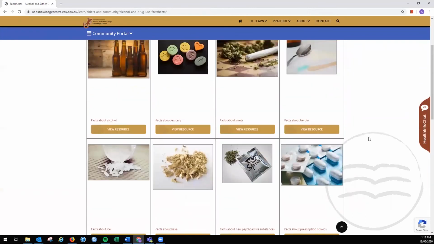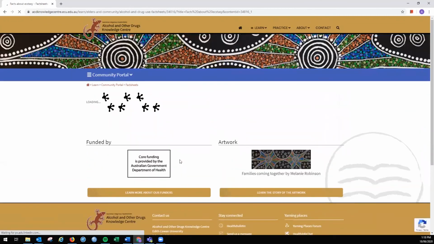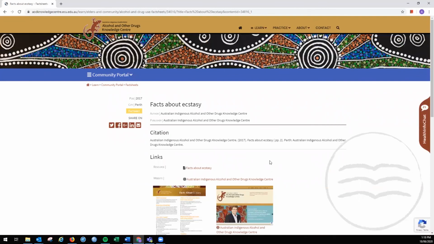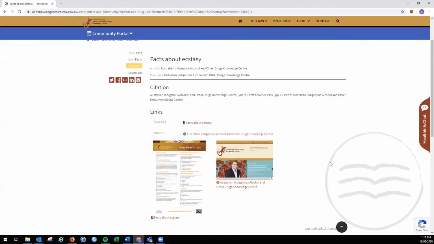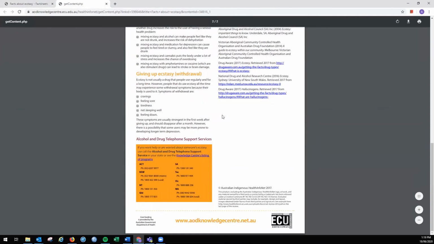To look at the fact sheet that you're interested in, simply click the image or click View Resource. This will take you to the resource page that has information about the fact sheet and the link to open the fact sheet. When you click on the link to the resource, it will open in a new tab. Once you have finished looking at the fact sheet, you can close that tab and you'll return to the Community